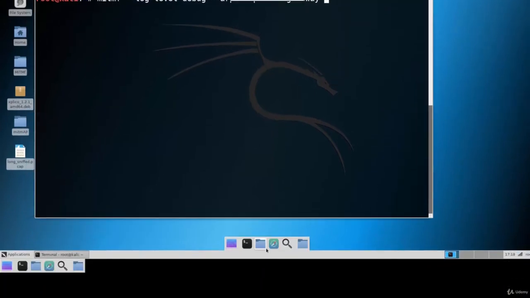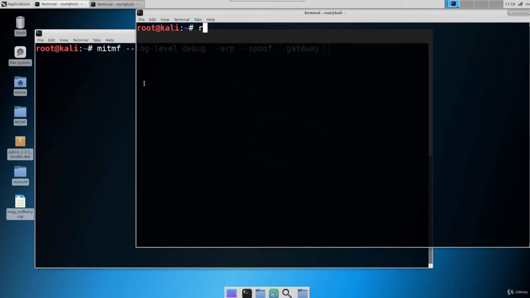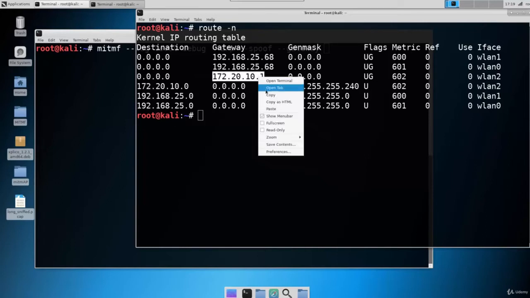If you don't know about the gateway IP or access point IP, you can do route -n, right? So it will display the gateway IPs. Over here, as you can see, the gateway IP for our victim network is this. So let's just copy it